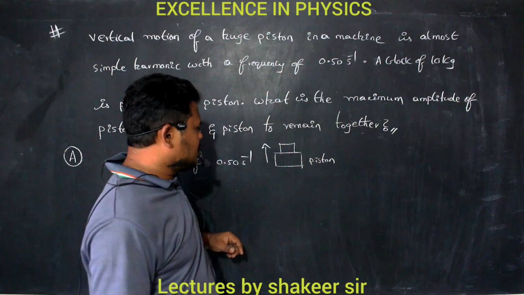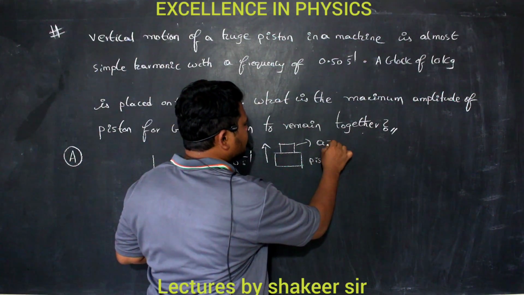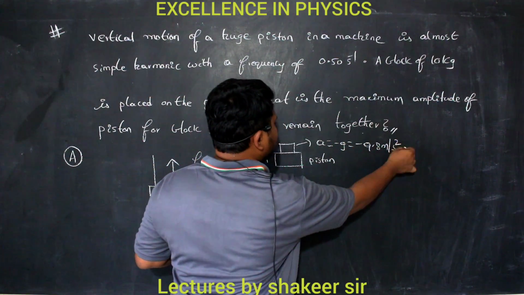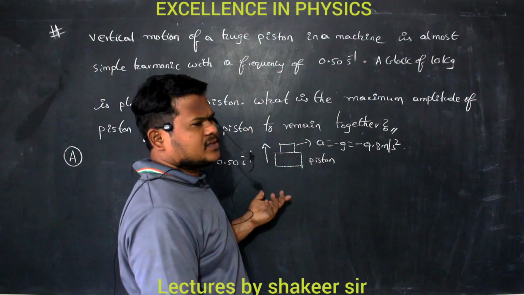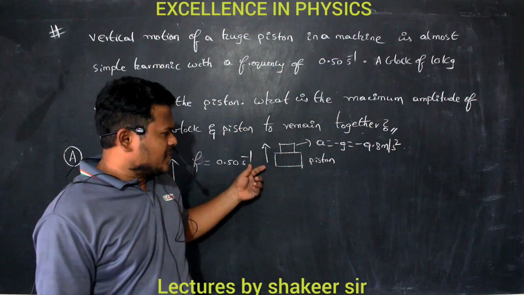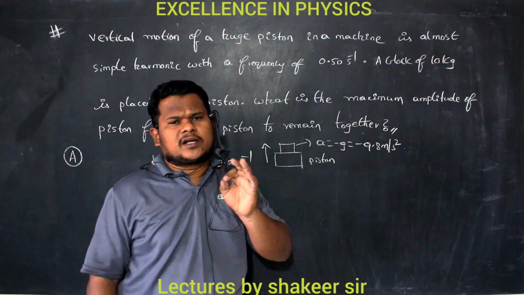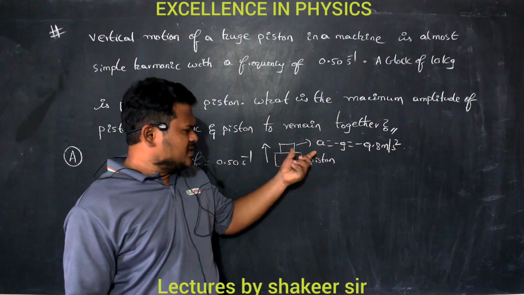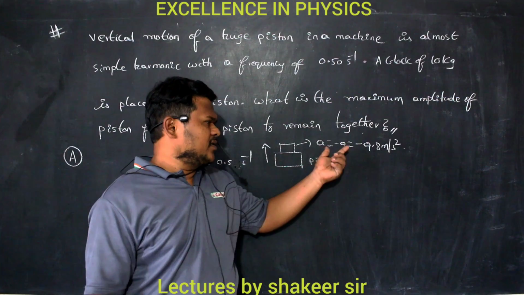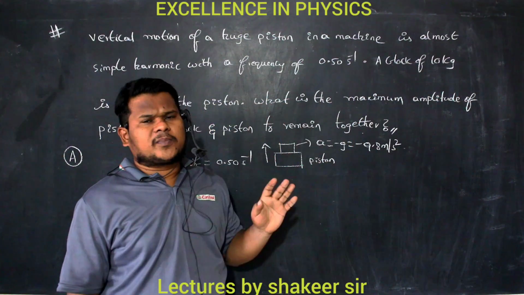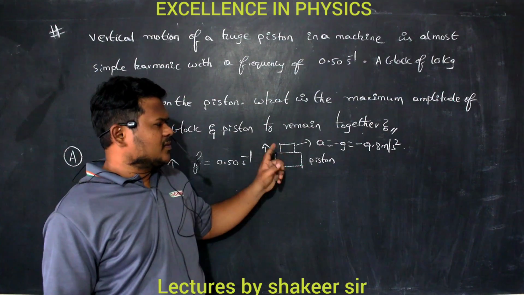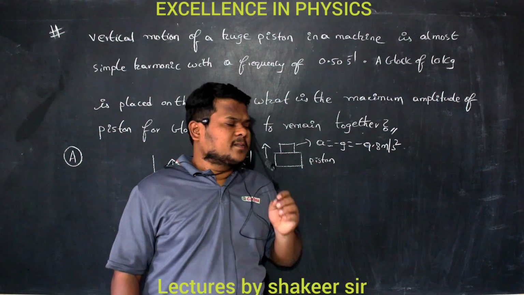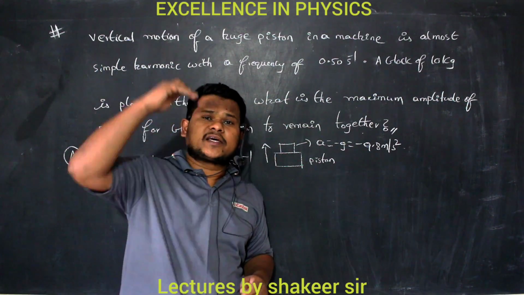So this mass has an acceleration of minus g, which equals minus 9.8 meters per second square, because it behaves like a freely falling body. So the maximum acceleration with which it can fall is 9.8 meters per second square if there is no piston. Therefore, if the piston's acceleration is 9.8 or less than 9.8, then it is not a problem. Both of them will move as a single body. And where will the acceleration of the piston be maximum? The maximum acceleration of the piston will be at the extreme position.